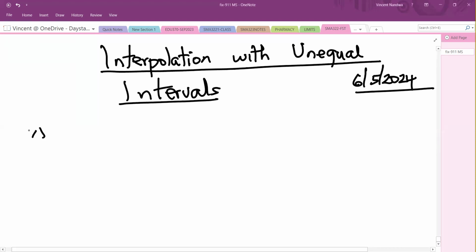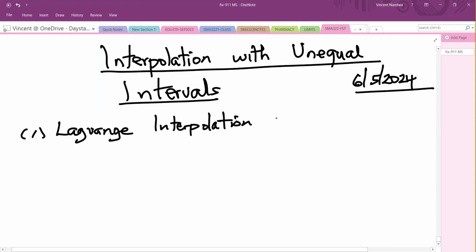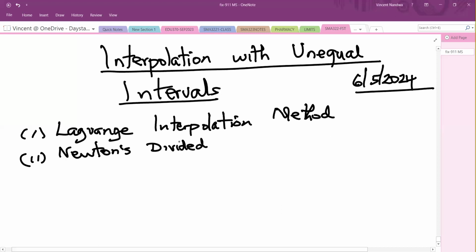Number 1, they are the Lagrange interpolation method. And then number 2, they are the Newton divided difference method. So before we discuss each of them,